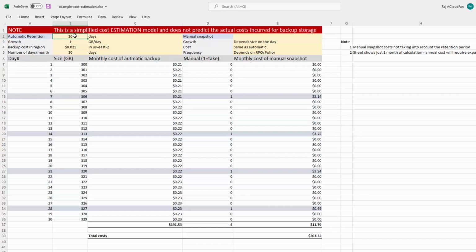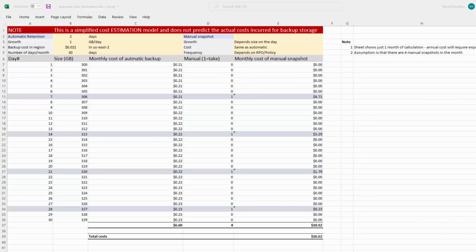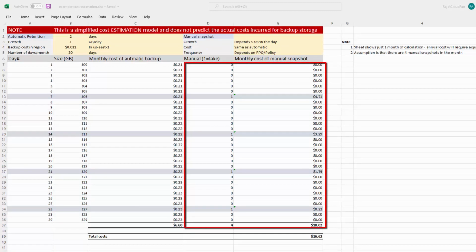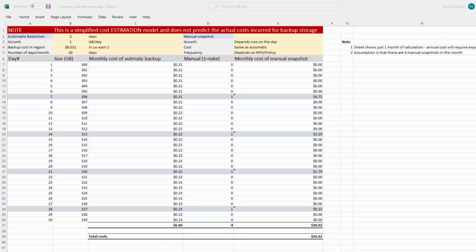So let me change this back to 2, and let's check out the manual snapshot storage calculation. In this example, a manual snapshot is getting created on a weekly basis. So 4 manual snapshots will be created in the month depicted in this example. This is the monthly cost calculation for the snapshot in week 1 when the size of the cluster is 306